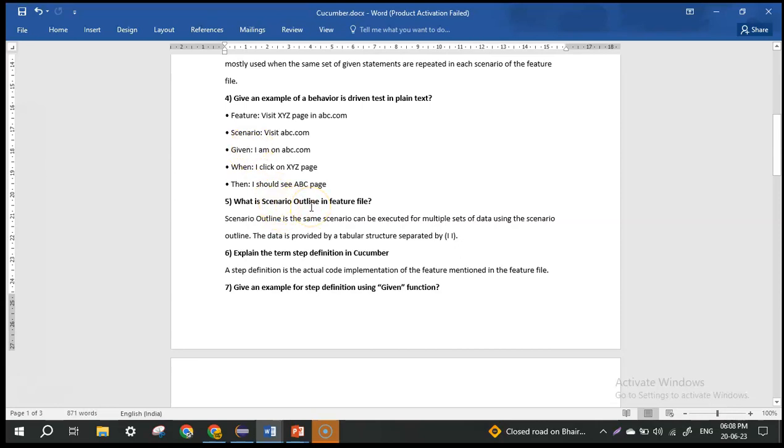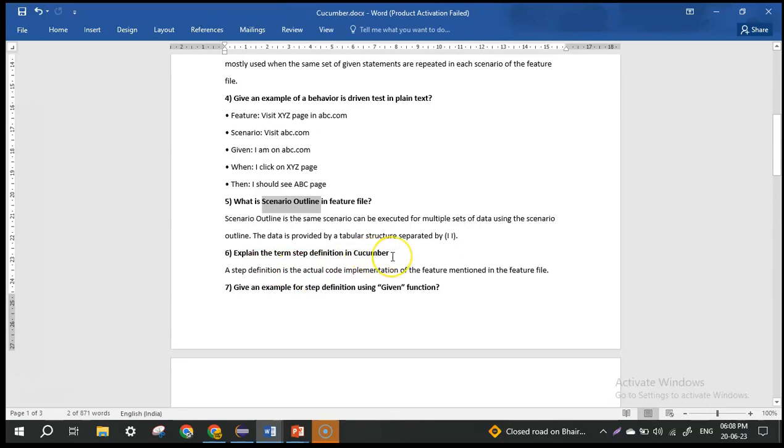After we write this scenario outline, same as the scenario, because we want to run this particular scenario for different pieces of data, we use the examples keyword here, and then in a tabular form in our feature file we write our test data below the examples keyword. Okay, then